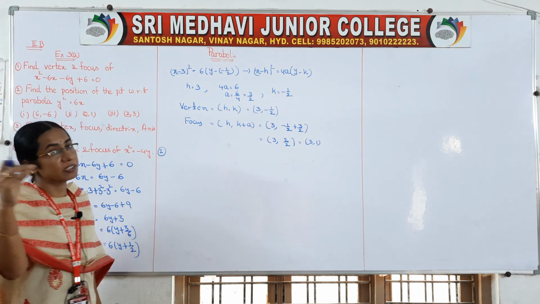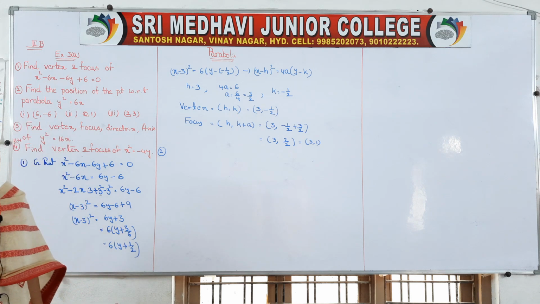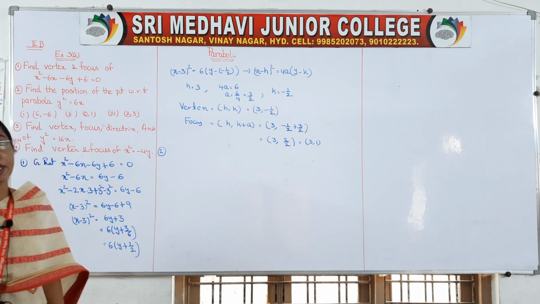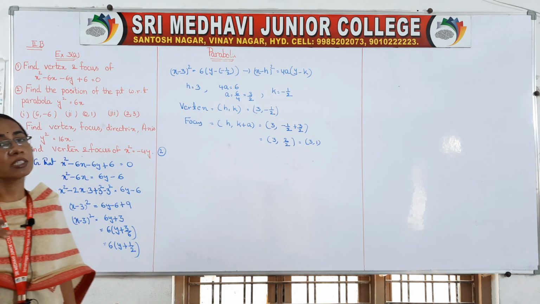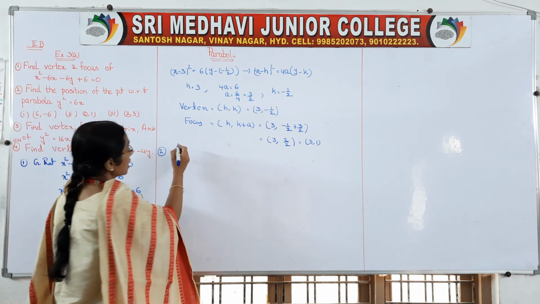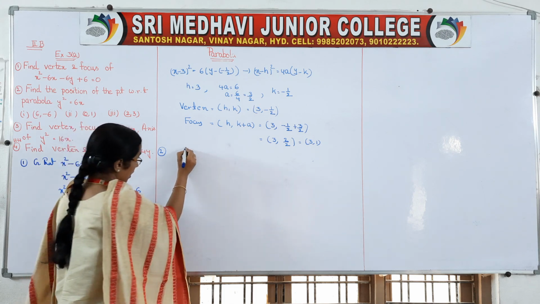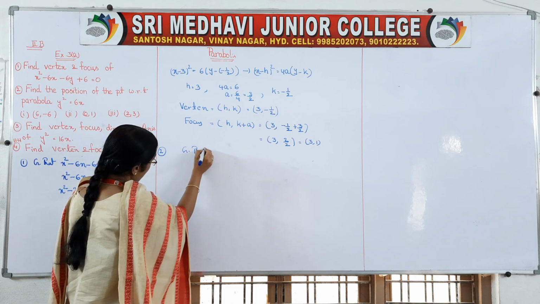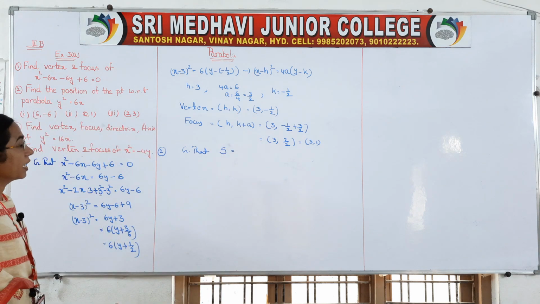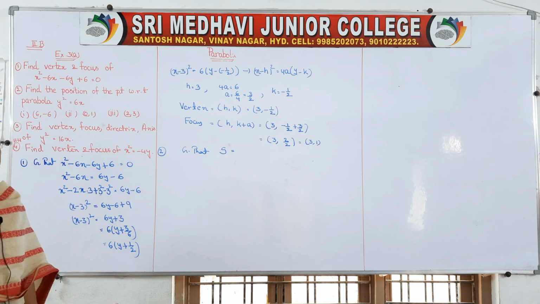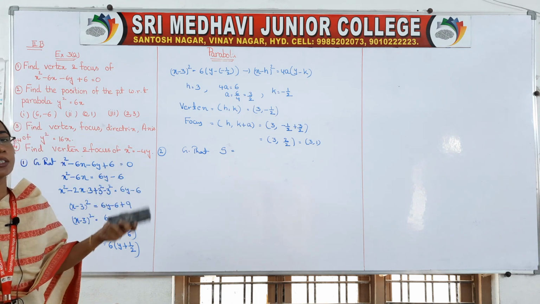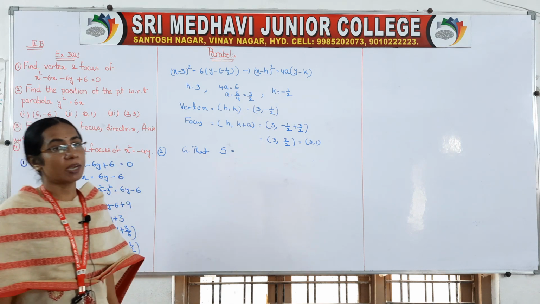If S11 is equal to 0, then the point lies on the parabola. If S11 is negative, less than 0, it lies inside. If S11 is greater than 0, it lies outside the parabola. So first, what is the given parabola equation? If we want to write it in notation, it is represented by S, just like the circle equation is represented by S. So here also your parabola equation is represented by S.